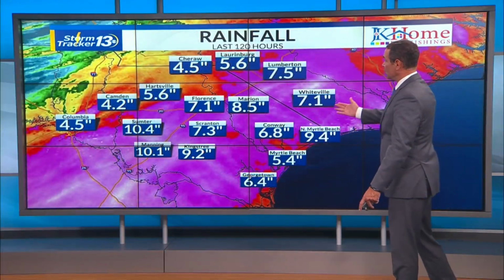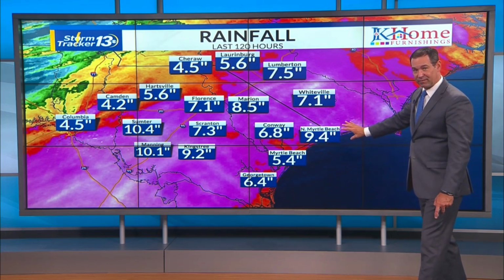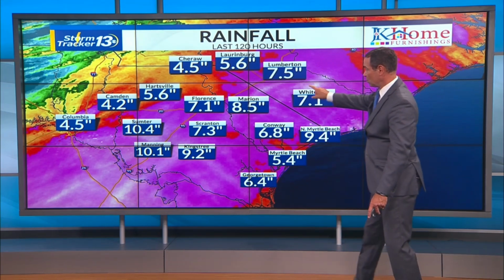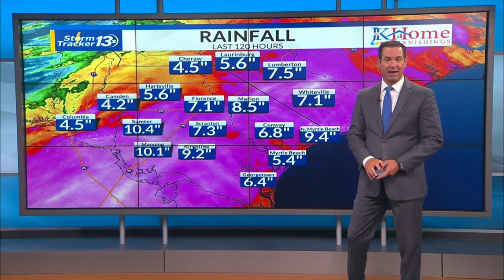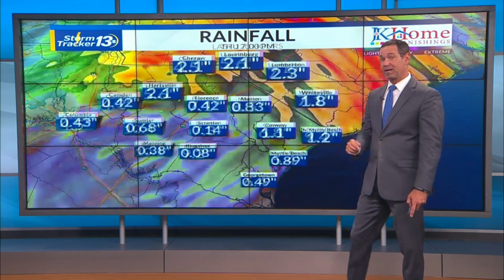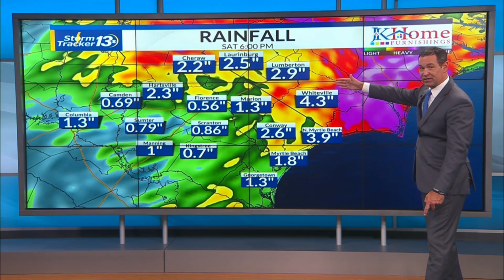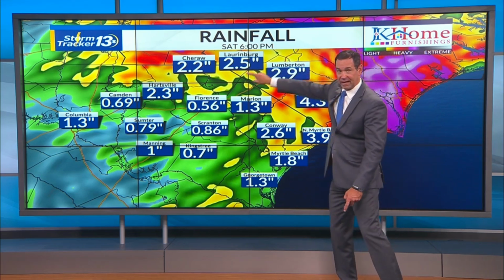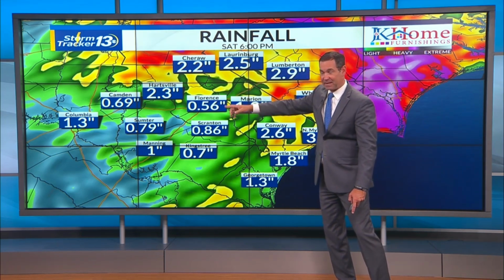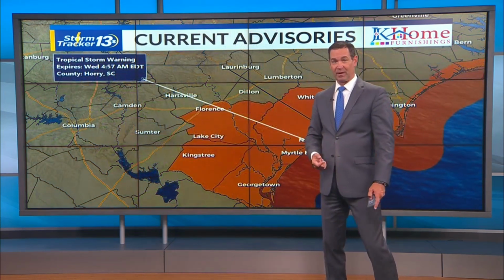Look at the rainfall for Debby so far, anywhere from 4.5 to 9.4 inches. And again, some of you see here in white, it's over a foot of rain already. And you see a lot up along the border belt into North Myrtle Beach, and that's where we're getting the potential for the heaviest rain for the day today. Anywhere for another 2 to 4 inches of rain along the border belt, circulating its way around, you see, to the Midlands, through the PD. Down to the south, a little bit less,